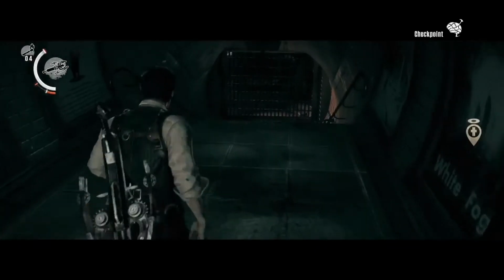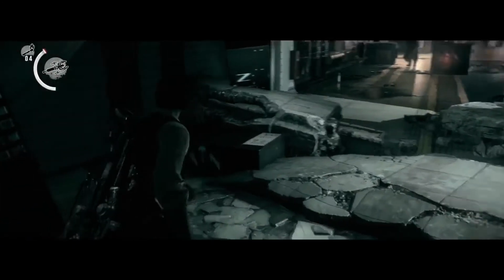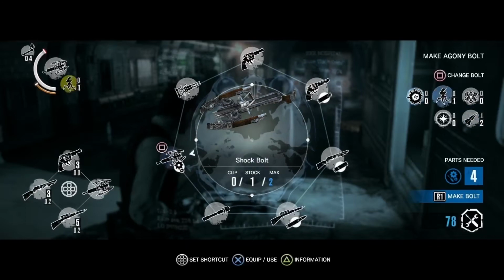And you need another freeze bolt for this section in order to get rid of the doppelganger. And there's also going to be a SWAT guy and a sniper guy. I tried experimenting with different ways of using noise to draw the doppelganger towards me and not waste a freeze bolt, but in the end I just decided it wasn't really worth it, because there would be times where...